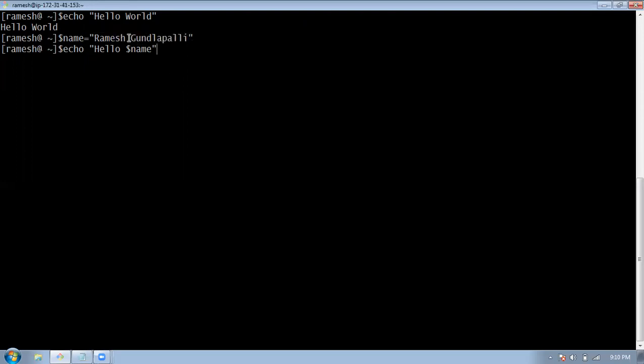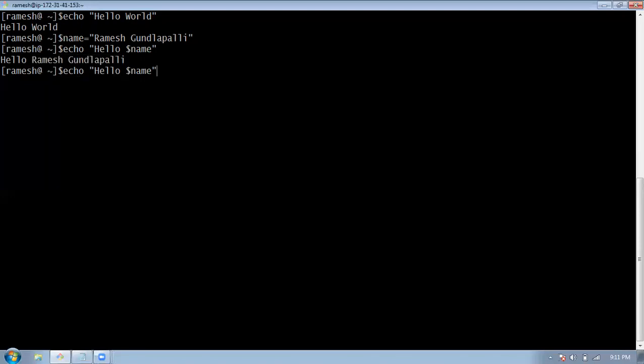There is a space here, so that's why I'm using it inside the quotes. Now I'm using hello, which is normal text, and this is the variable. In front of the variable, you have to use a dollar sign to get the value. So now the name has been replaced with the value. This is how we'll be using it.